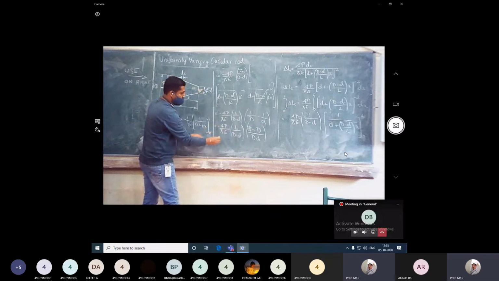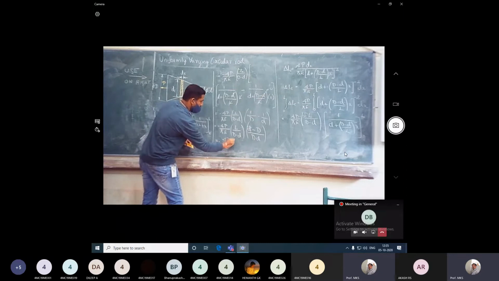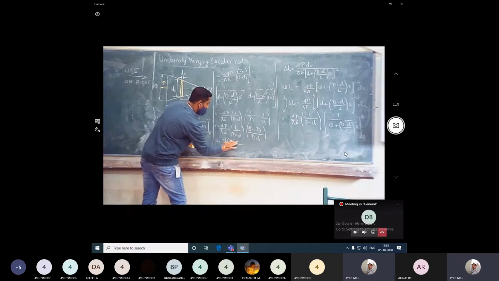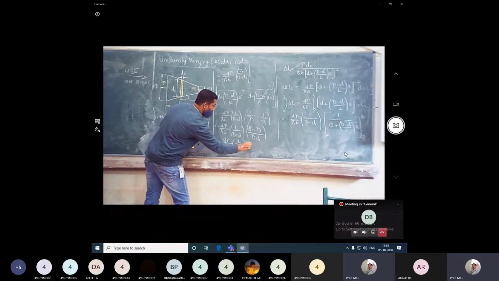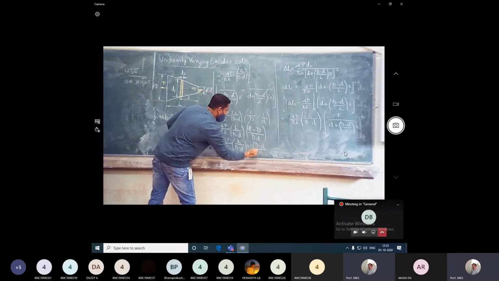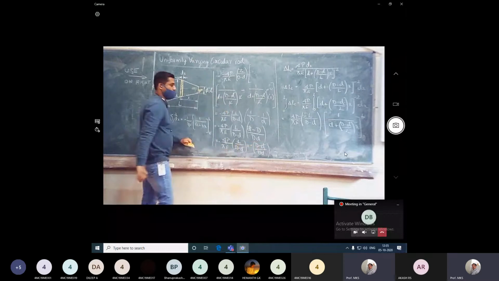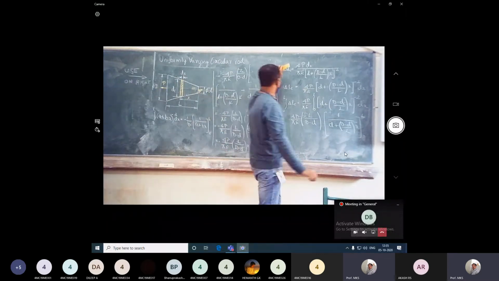Rearranging, this can be written as 4P by pi E, it will be minus into L by D minus d. You take minus outside, so it will be into minus D minus d by D into d. So this D and this D get cancelled. So you will be remaining with